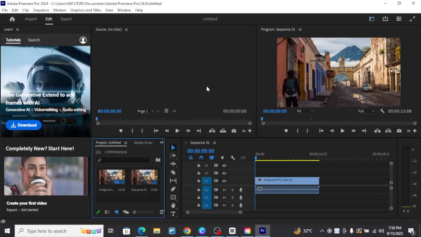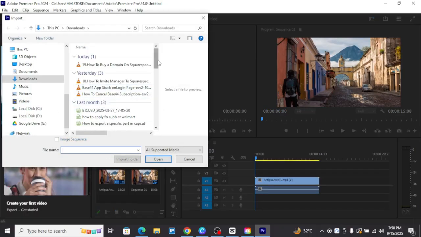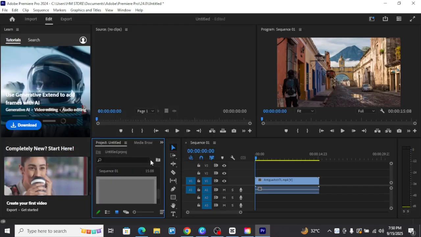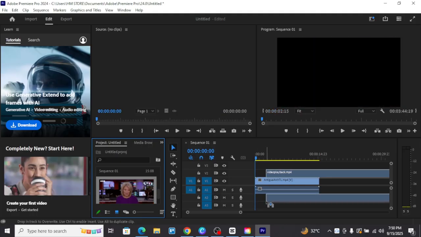How to add background music to a video in Premiere Pro. So as you can see, I will just export this footage and I want to add background music. As you can see in this box, you just have to double tap, and after that you will be selecting the music which you want for the background. So just open it, and once it is selected, you will hold it and put it